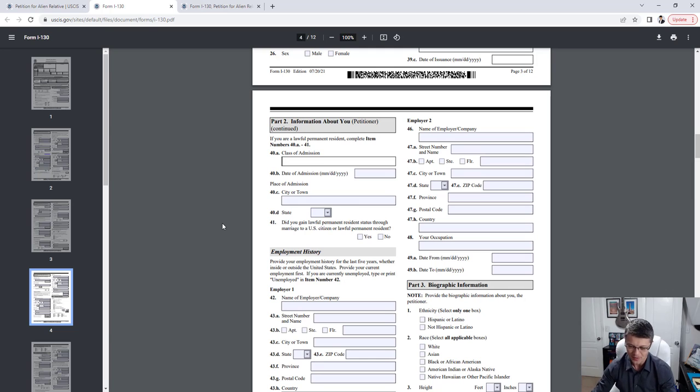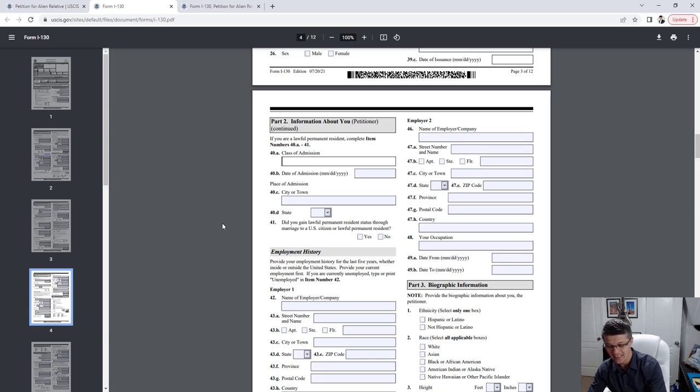But for example, let's just say you came in as a student, right? F1, non-immigrant student. You came here, you studied for 1 year, then you got an employment opportunity, and there was an employer who was willing to sponsor you. So they sponsored your work visa, and now you're here, you're working. And then, a few years down the road, the employer realized that you're just way too valuable. They don't want to let you go. They're willing to sponsor your residency here. Or maybe you got married, and based on your marriage, that's how you got your permanent residency. Whatever. Going back to the class of admission,